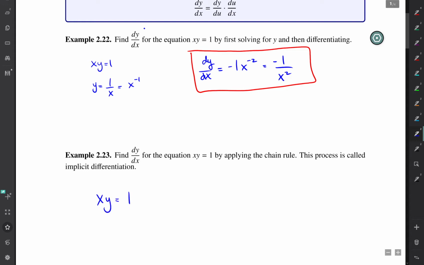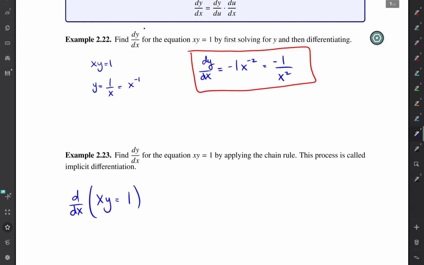take the derivative, or we apply the derivative to the entire equation, and any function or any expression that contains y, you're thinking of as a function of x, and so you have to use the chain rule. So when I apply d/dx to this whole equation, I'm going to get